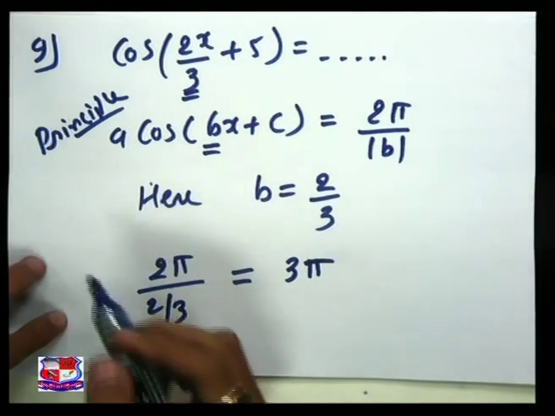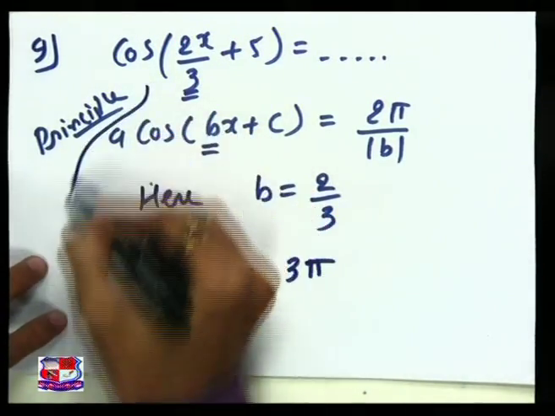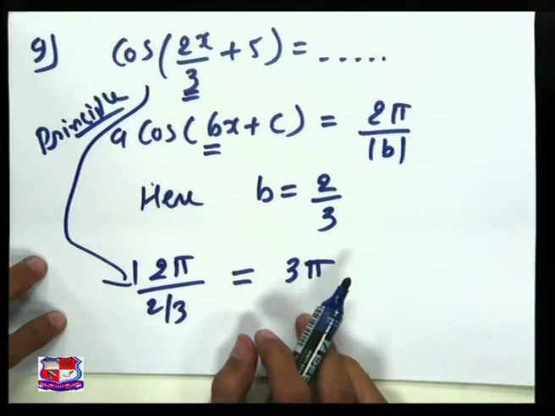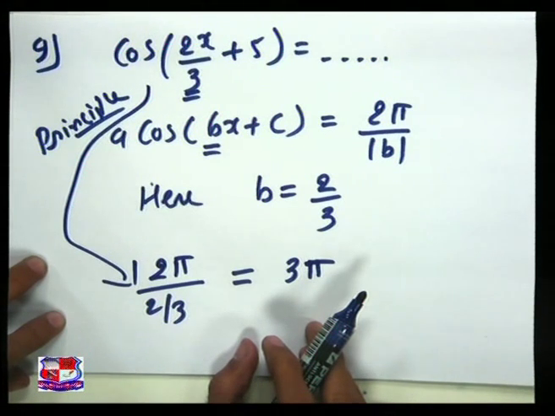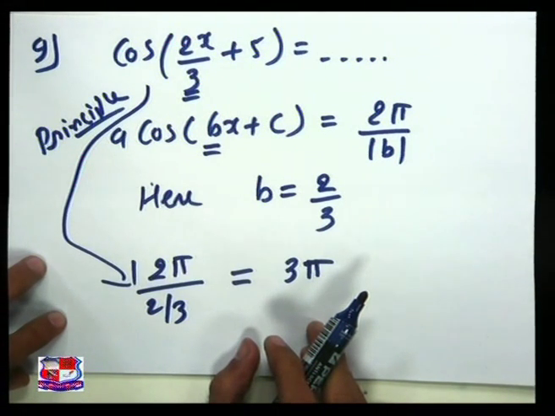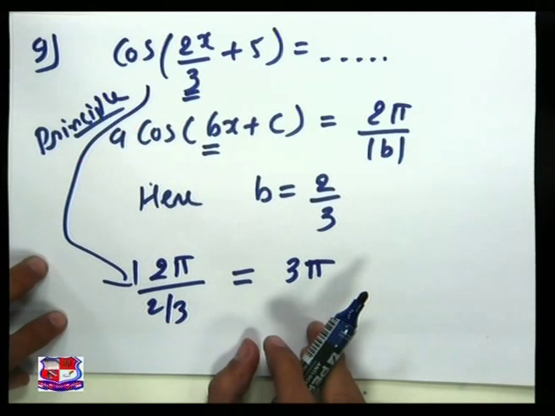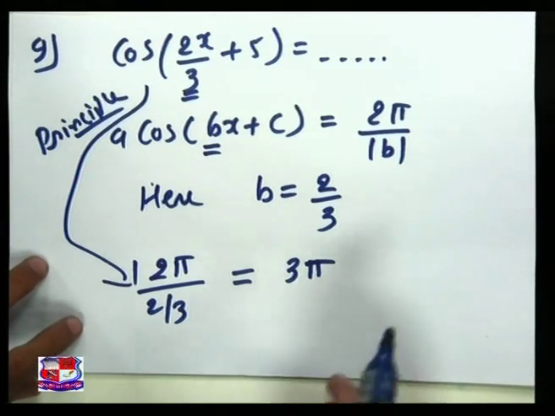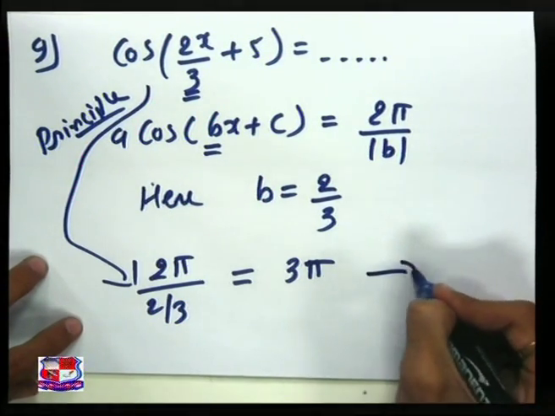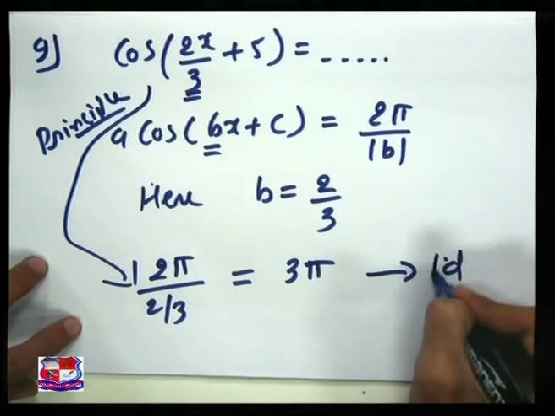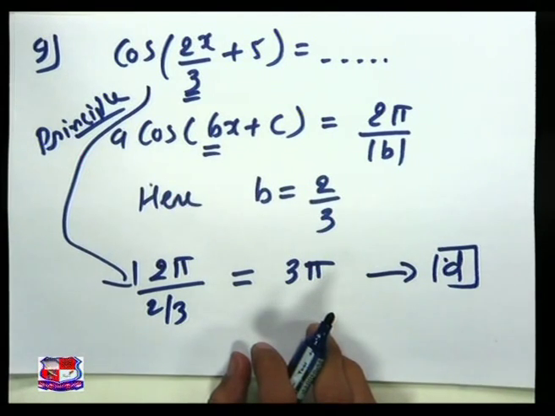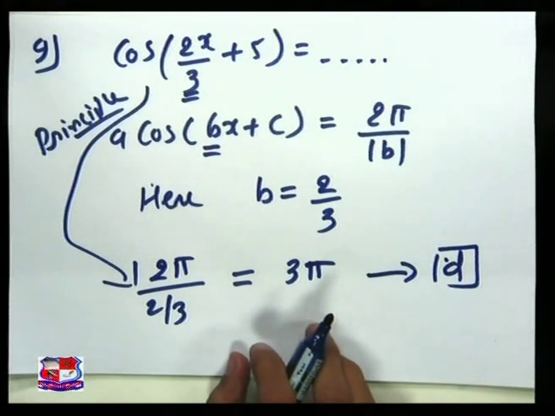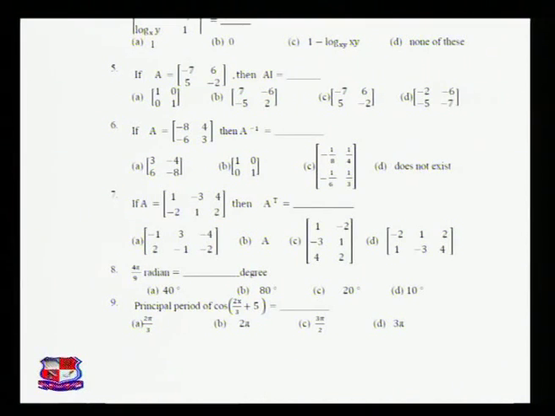This is the principal period for cos 2x by 3 plus 5, that is 2 pi upon 2 by 3, 2 will be cancelled and the answer will be 3 pi, and the answer is given in option D. So our answer is D for the ninth blank. Okay, so this is the ninth one. Now if we move to the 10th question, then